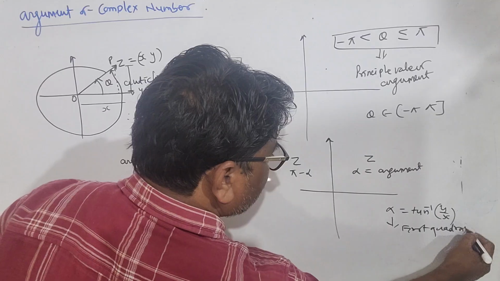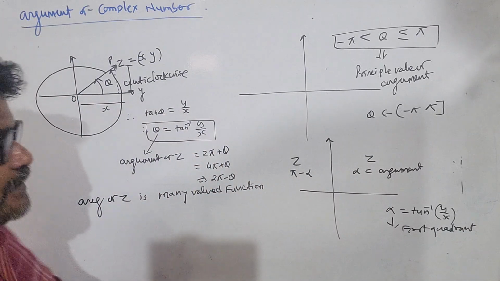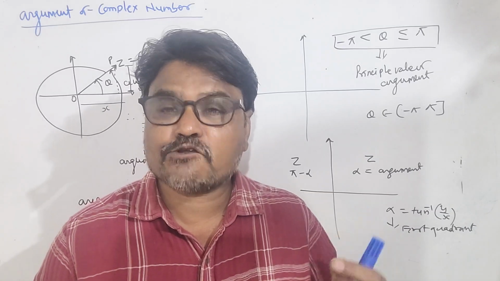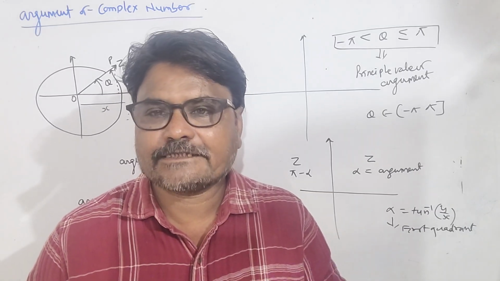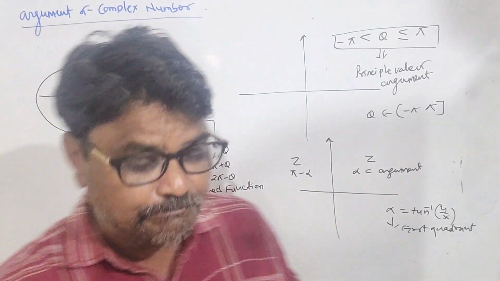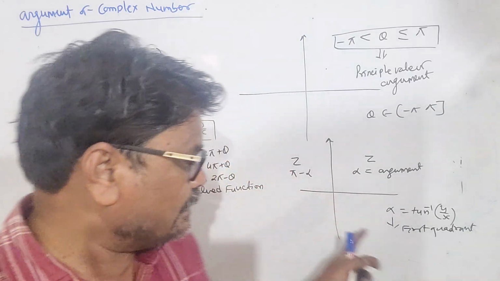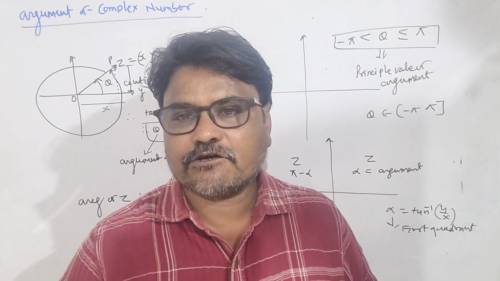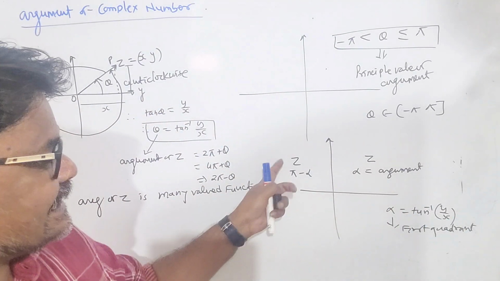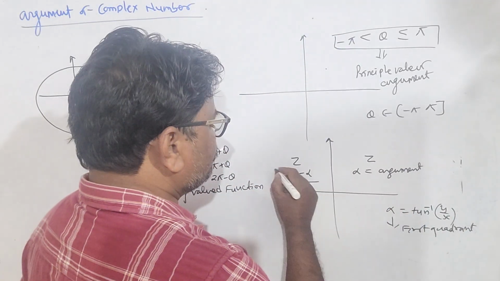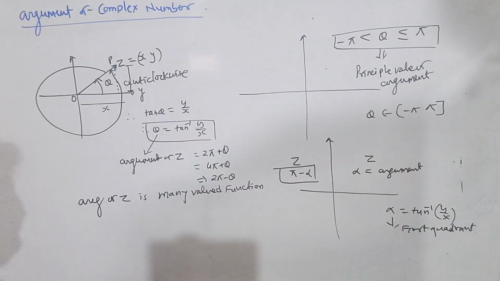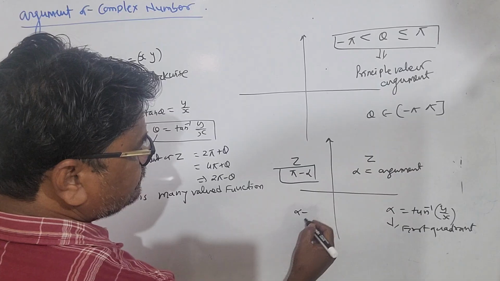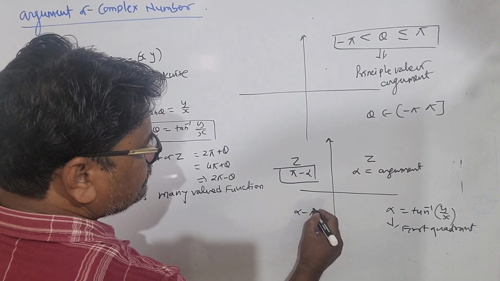So whenever z is lying in the second, third or fourth quadrant, you will take modulus of y and modulus of x, so that you can calculate that particular value of theta or alpha by considering that z is lying in the first quadrant. According to that, if it is lying in the second quadrant, the principal value of argument of z is pi minus alpha, and here if z is lying, then alpha minus pi,